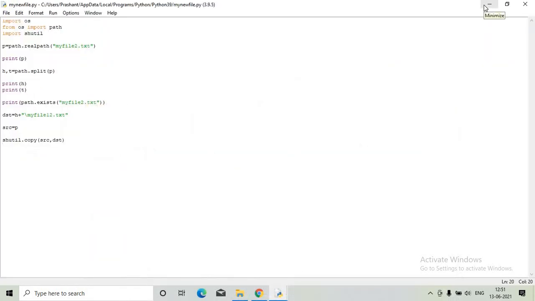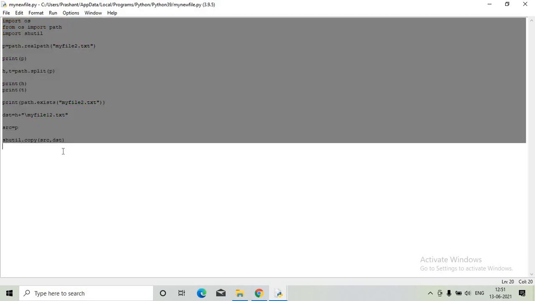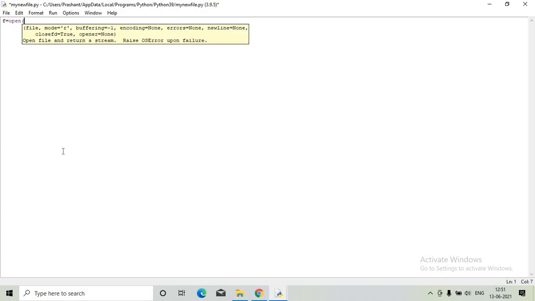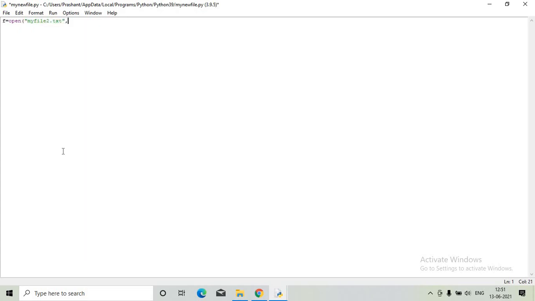One more thing, we have file operations. We have a different set of file operations where you can do certain operations on the file. So I can open the files. How to do this? open myfile2.txt and open this particular file. We are opening it in a read mode. Okay, read mode I am trying to open. What I will do is I will open it in the write mode first, and try to write certain contents over this file.